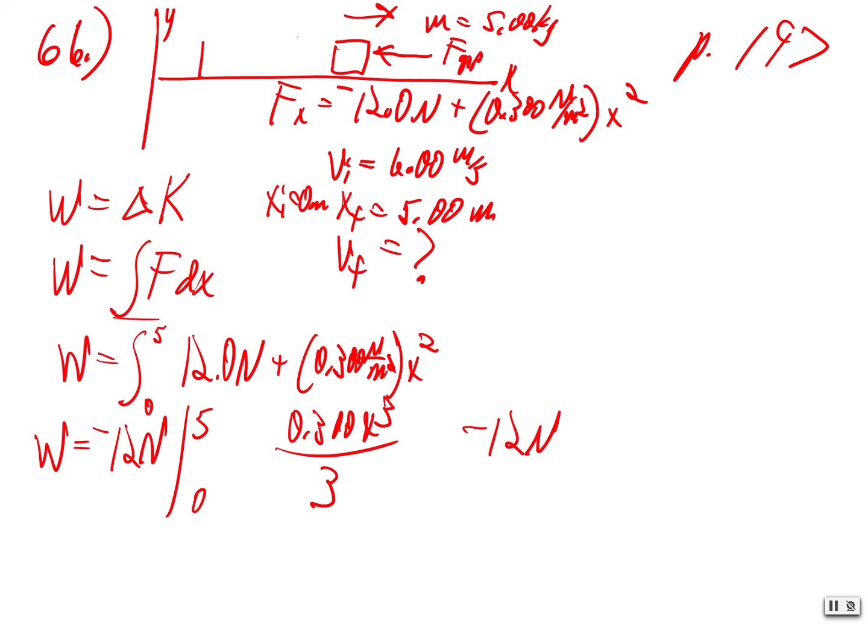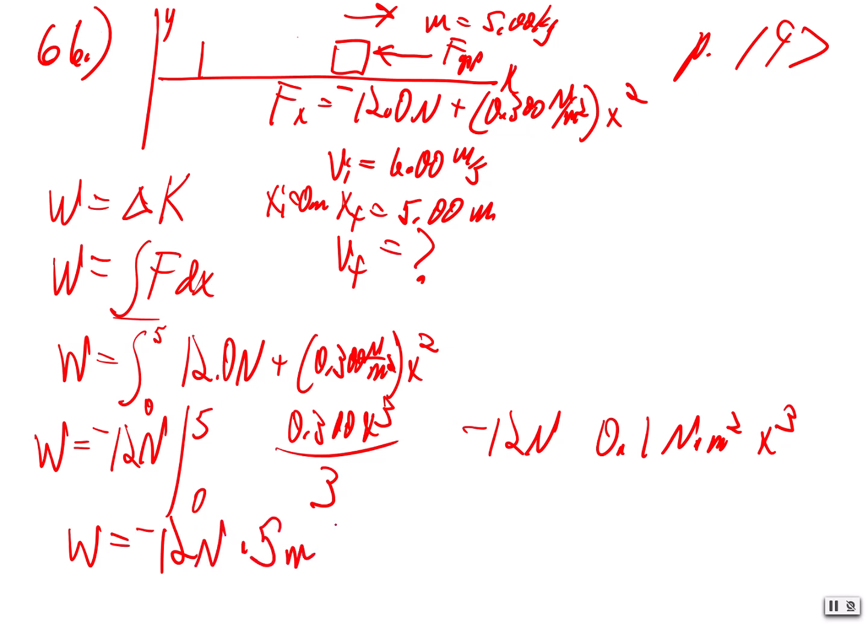If you divide that through, that becomes 0.1, so that's negative 12 times 0.1 newtons per meter squared x cubed. And so now let's plug everything in. Let's plug in our distance, okay? So we have work is equal to negative 12 newtons times 5 meters,